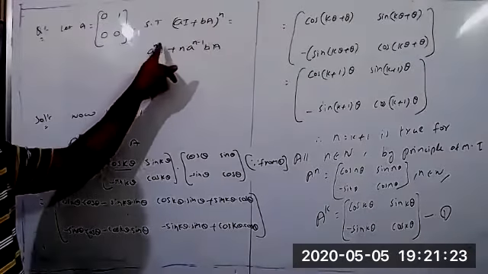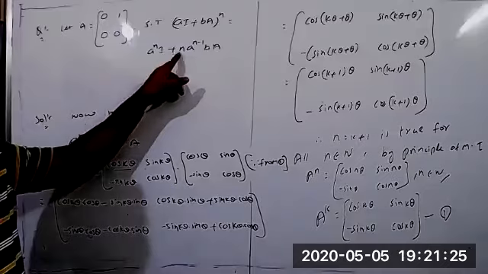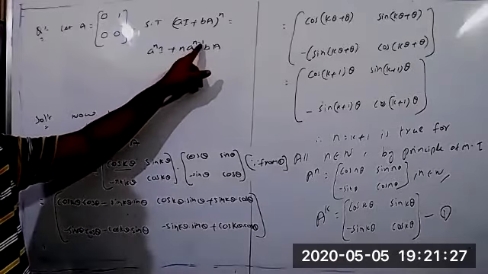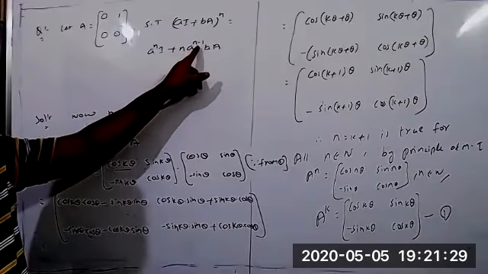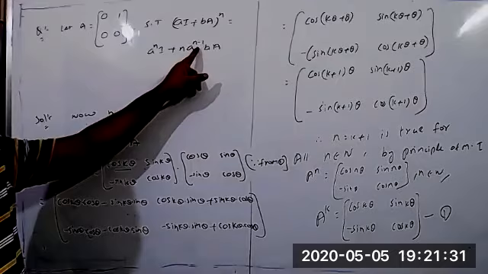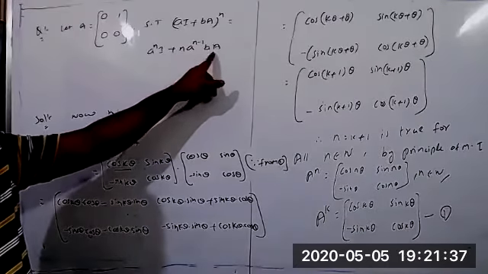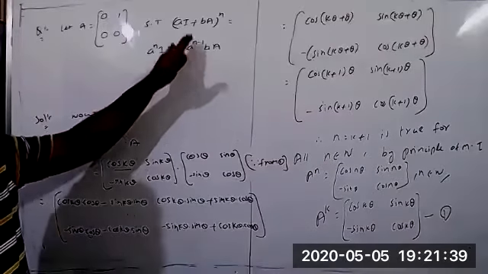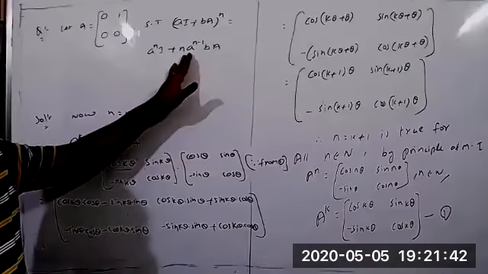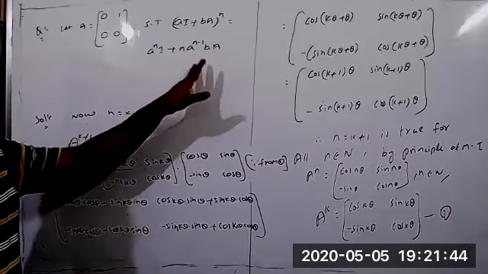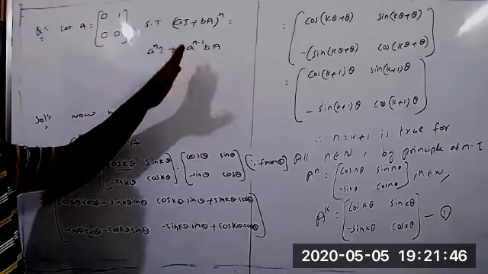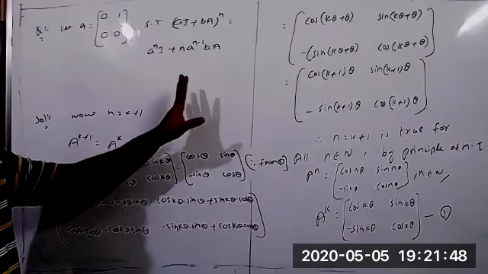And n equal to 1 here means a power n minus 1 equals a power 0, and anything to the power 0 will be 1. So 1 into 1 equal to 1, which means 1 into bA equal to bA. So clearly we got LHS equal to RHS. So what can you say now? If we take n equal to 1, the condition is satisfied.